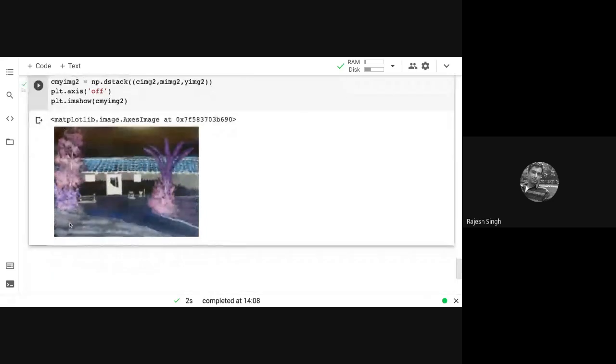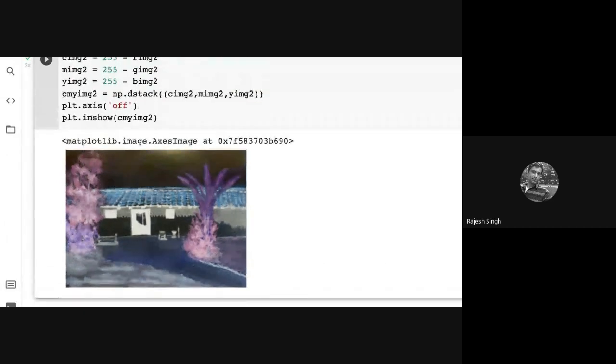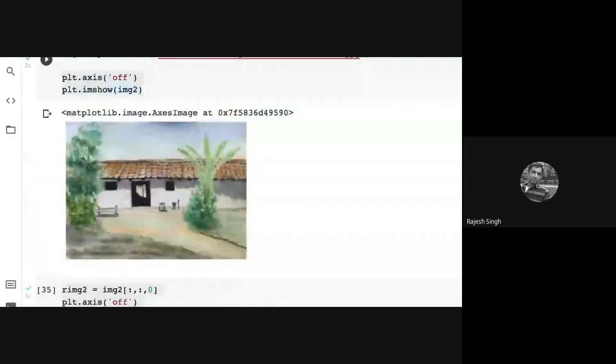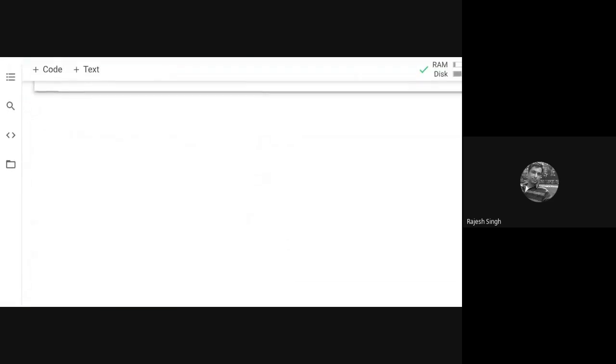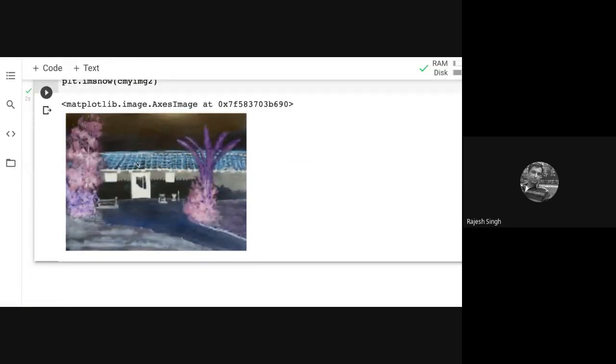So this is the CMYK equivalent of the previous one. What we call as color negative. Most of you are born in early 2000s, and from 2005 or 6 onwards the photography is digital. So many of you might not have seen a film camera, but if you have any film, your parents or somebody, you can see those, the negatives were in CMYK. So this is the CMYK or color negative.